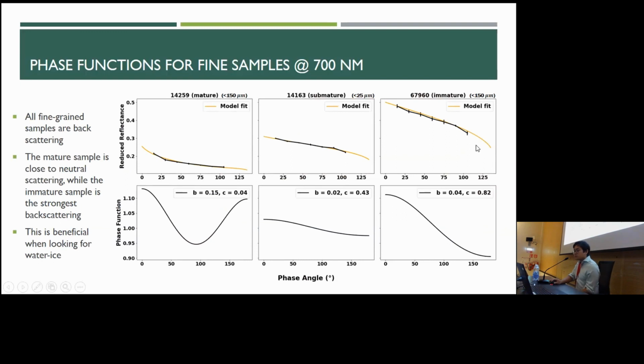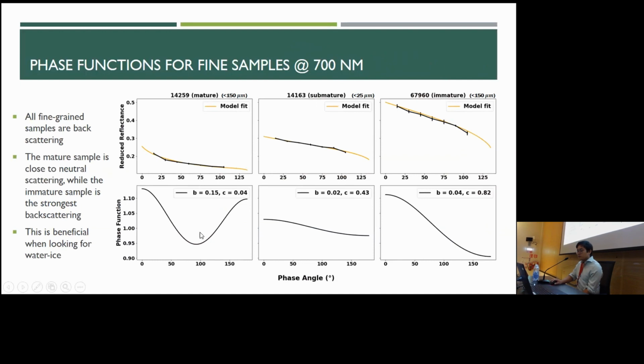So here are some of the results for fine-grained samples from each of those. For the mature and the immature sample, we had them sieved at less than 150 microns, while for the submature sample, it was less than 25 microns, just due to the availability of the samples. We found that all of the fine-grained samples were backscattering,